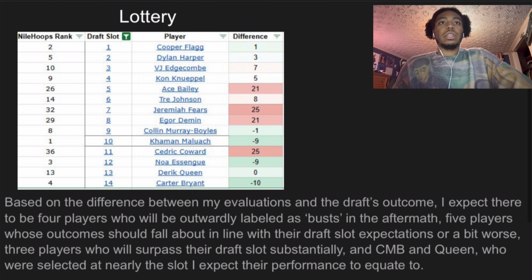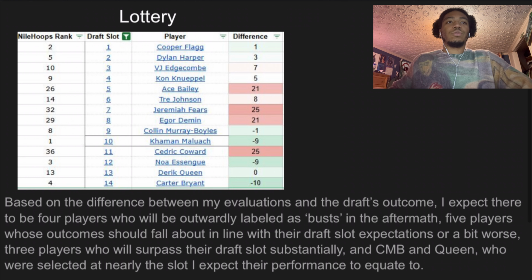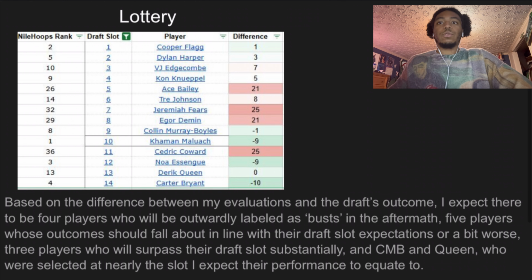And then there were 3 players who I believe will return very positive value from their draft slot and will be thought of as the steals of the class, with those being Kaman Malawach, Noah Singh, and Carter Bryant. We will use the actual draft order. Oh man, 30 minutes in, we're just getting to the draft. That's not good. We'll use the actual draft order as the